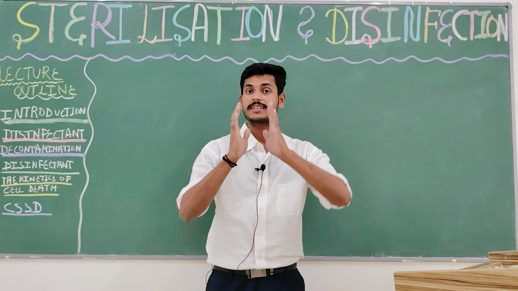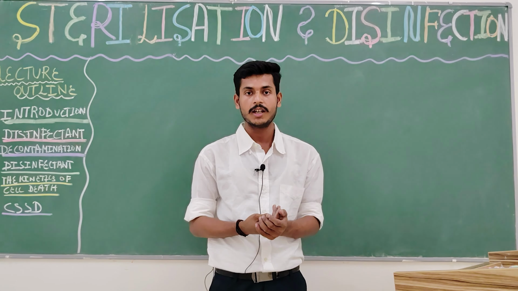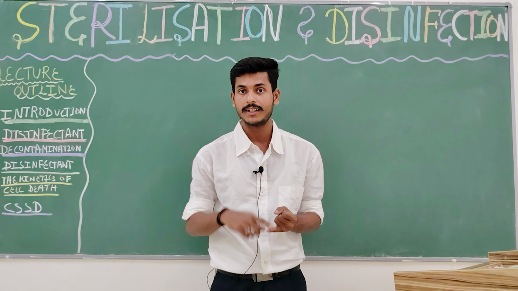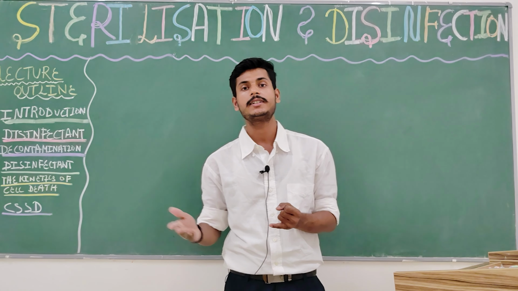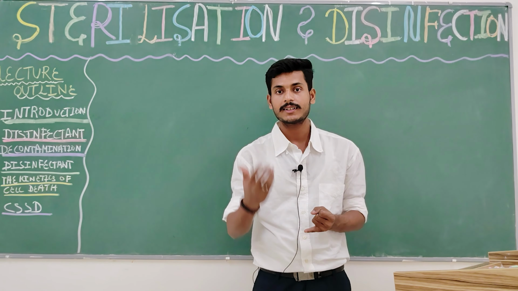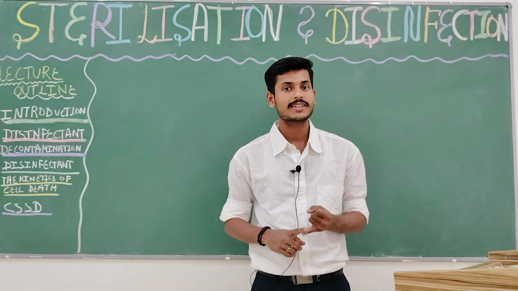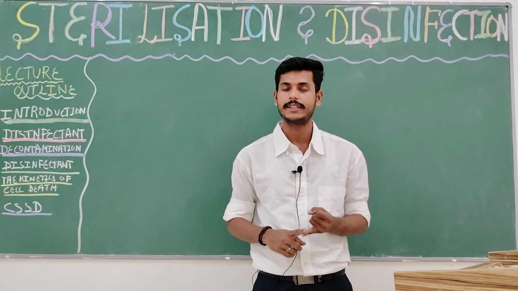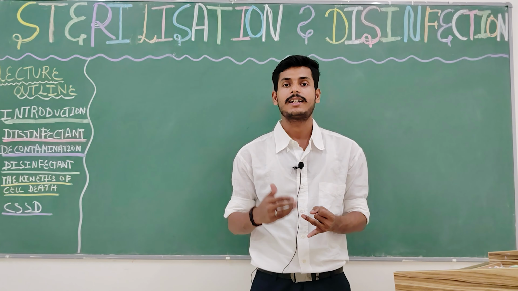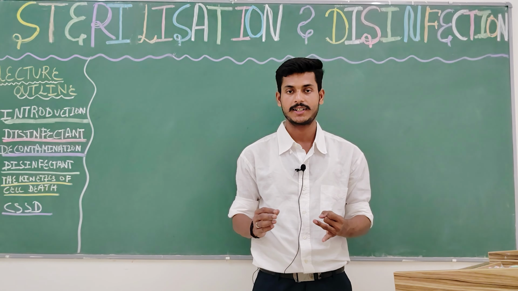Until now, in the first lecture, we had a detailed discussion over sterilization. What is sterilization? What are the methods of sterilization? In that, we saw sterilization by heat, and in heat we saw different methods. Then we studied another type of sterilization called irradiation. This irradiation is done through the use of radiation, both ionizing and non-ionizing. We also saw that another method of sterilization is filtration, and we also saw that